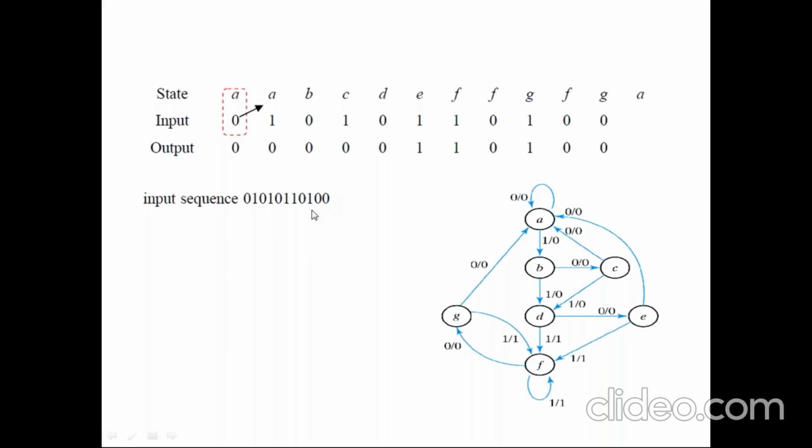Okay, so now what I'm going to do is that for this state diagram, I'm taking an input sequence. This input sequence we are assuming, it's not a sequence given by someone. Here the input sequence is 0, 1, 0, 1, 0, 1, 0, 1, 0. This input sequence I am going to give for the state diagram before reduction, so that it will give out some output. The same input sequence after reduction also I am going to give. If I observe the same output, then my reduction is correct. So this is the only method which is used for the proof of correctness.